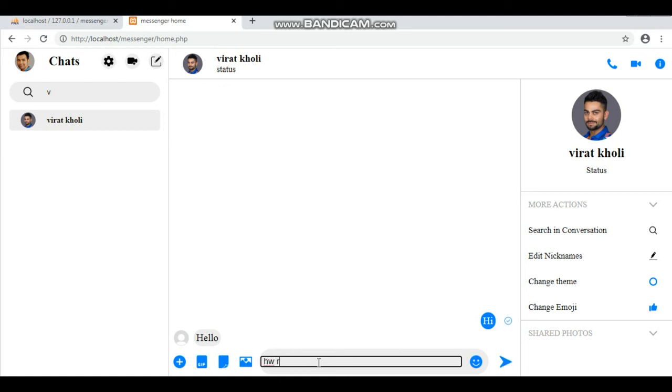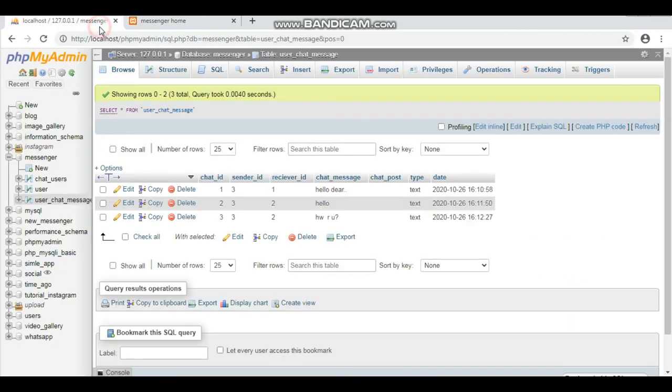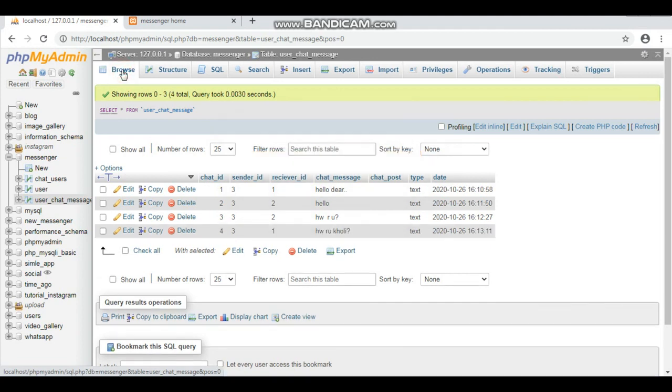Type the message, how are you Kohli? Now click the send button. Here that shows in the user chat message table. Here insert data, insert message successfully. Here type is text.